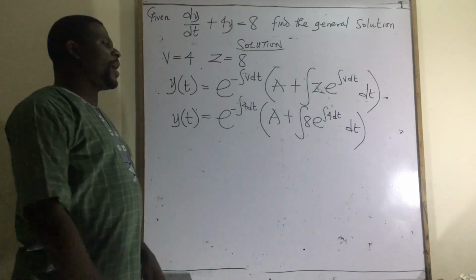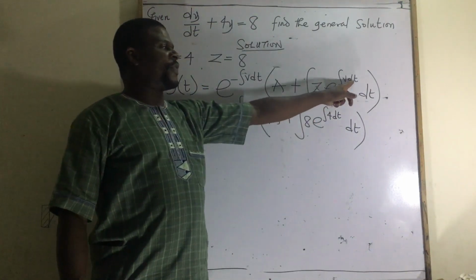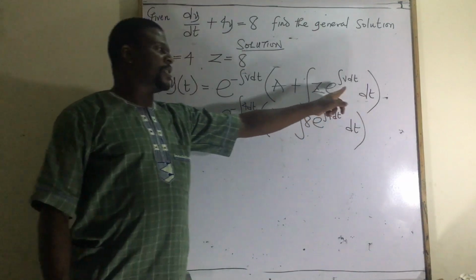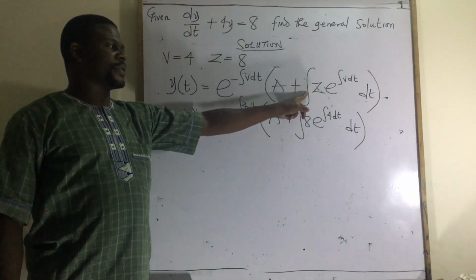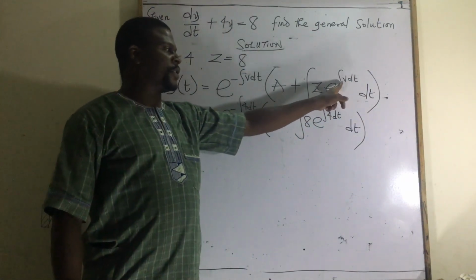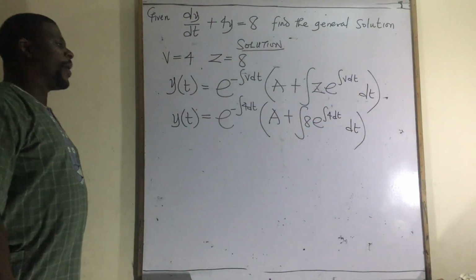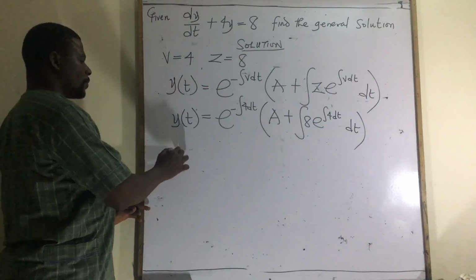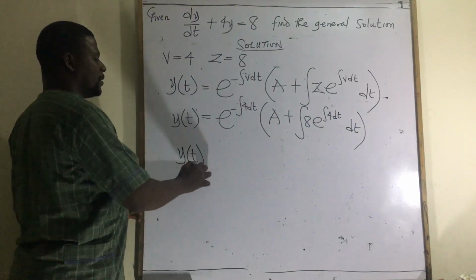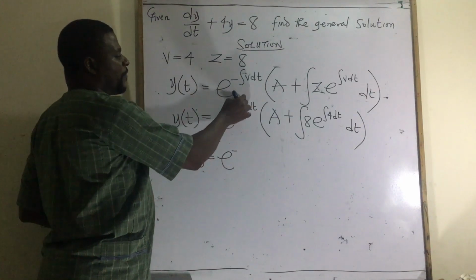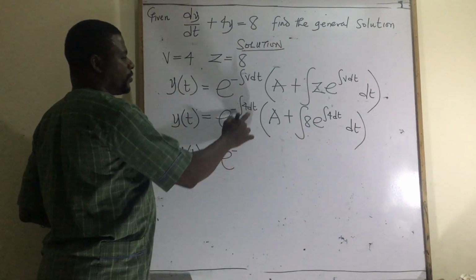Now you may be wondering, why do we have 2 dt here? This first dt is for v, then this second dt is for this integral sign. This dt is for this first one, this dt is for this second one. So now, having done this, my y(t) will now be equal to e to the minus, if we integrate 4 with respect